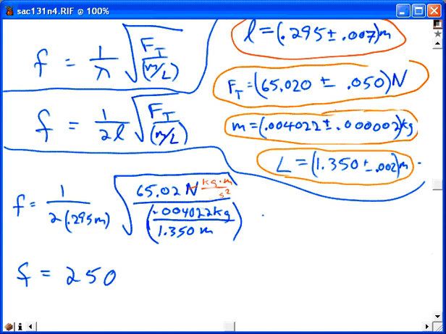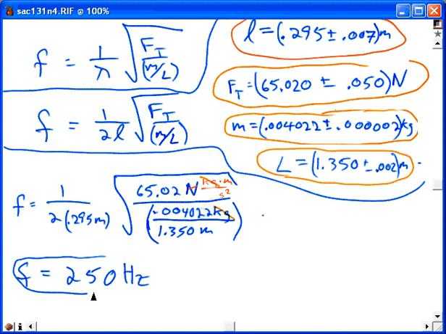So let's see, the kilograms cancel out there. I got meters in the denominator here, so that's like meters squared up top. So I got meters squared over second squared. Take the square root of that. I got meters per second times meters. I got 1 over seconds, but 1 over seconds is the same thing as hertz. So I got hertz for the units here